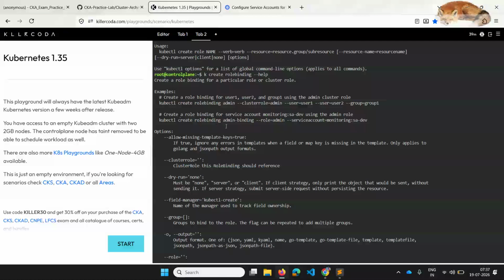So here they are giving me a role binding of this name which has the role of admin. Okay, so that way we can create. This is the example of role binding of a particular role and a particular service account. It's not a cluster role, it's a normal role we have created, right? So that role name and service account name they are mentioning.